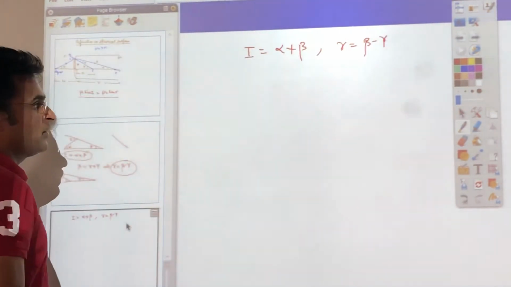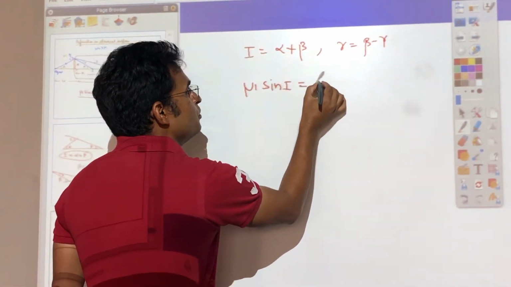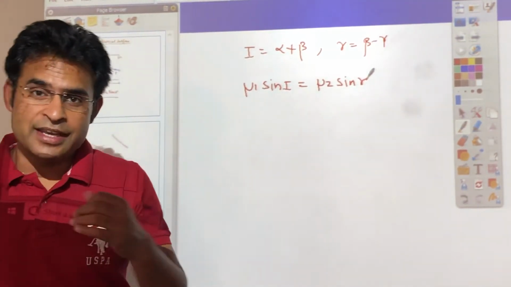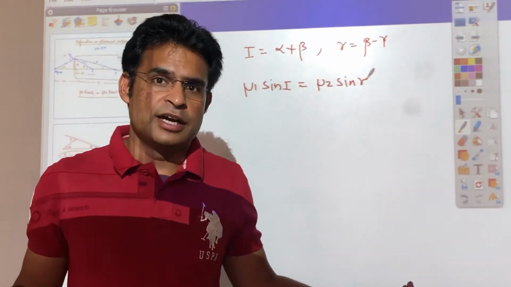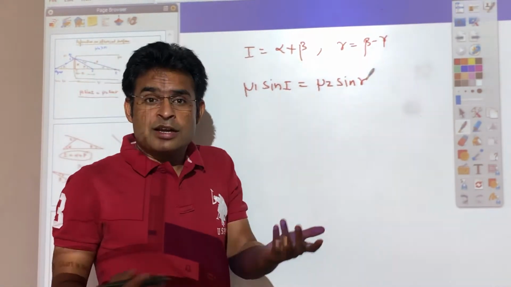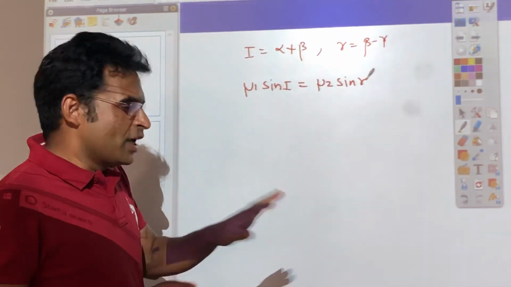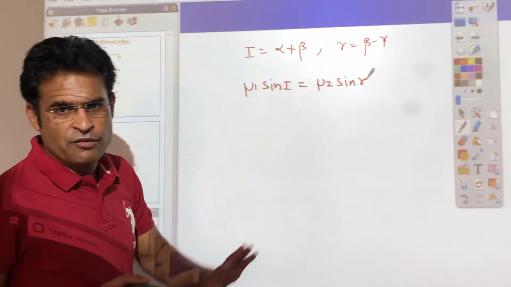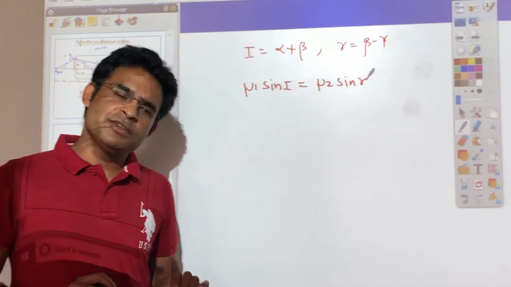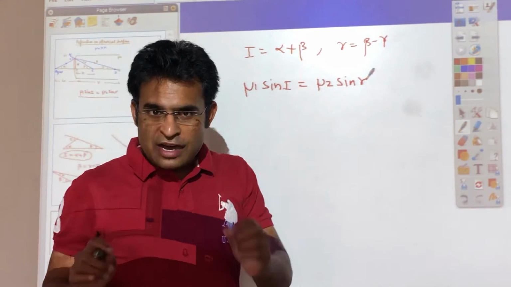So if I apply that law of refraction, I can write mu1 into sin i is equal to mu2 into sin r. And we know if angles are very small, in place of sin i I can write i, in place of sin r I can write r. Why? Because this angle is very small. We are assuming that all these angles, i, r and theta, whatever angle I take in this derivation, alpha, beta, gamma, every angle is a very small angle. So in place of sin i I can write i, in place of sin r I can write r.